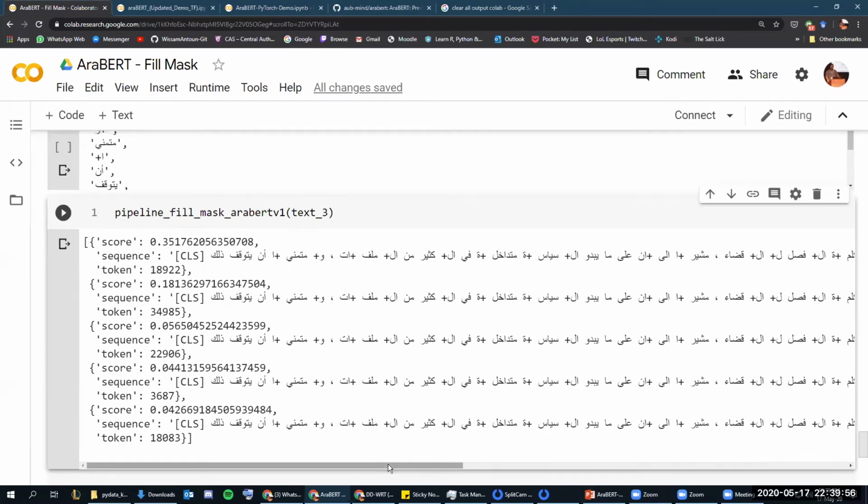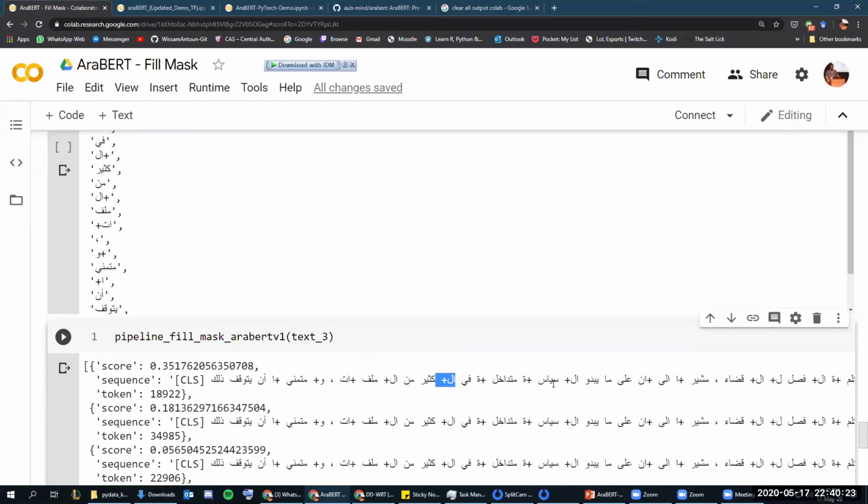Yes, I have a question regarding the tokenization. Is the tokenization the same for all the models that you tried? Only the last model. Okay, I will get into this a bit. Only the last model, the AraBERT V1 model, we do pre-segmentation on the words, and I will explain why we do that. The AraBERT V0.1 and all the other models don't do that. They just throw in the words, and the model should